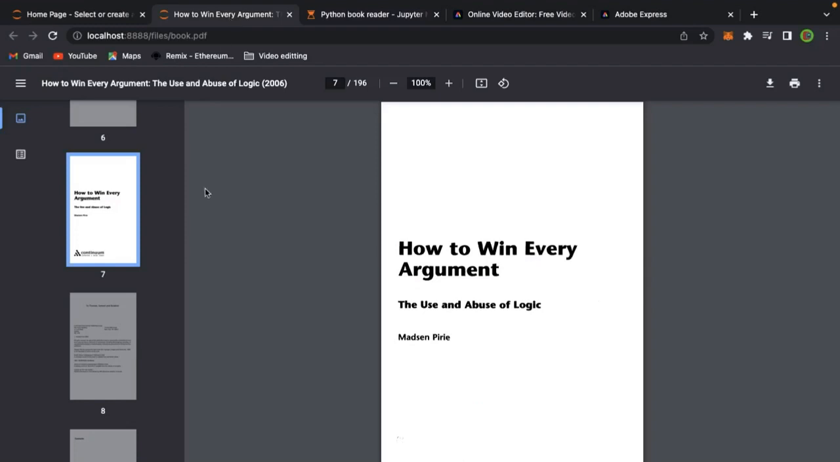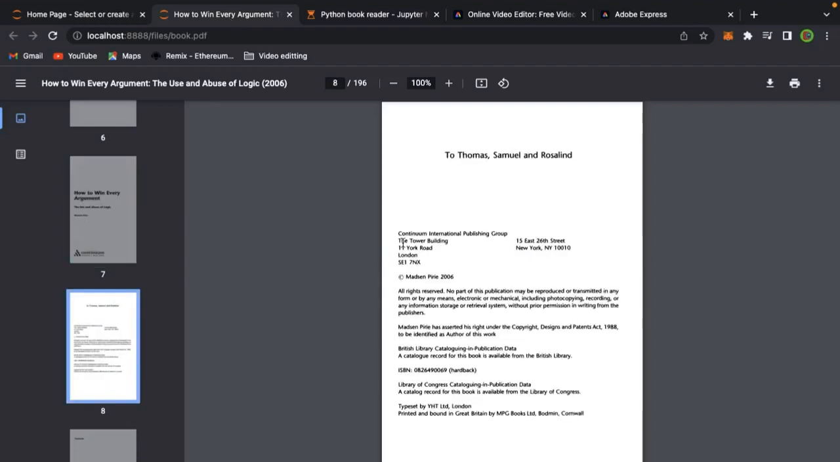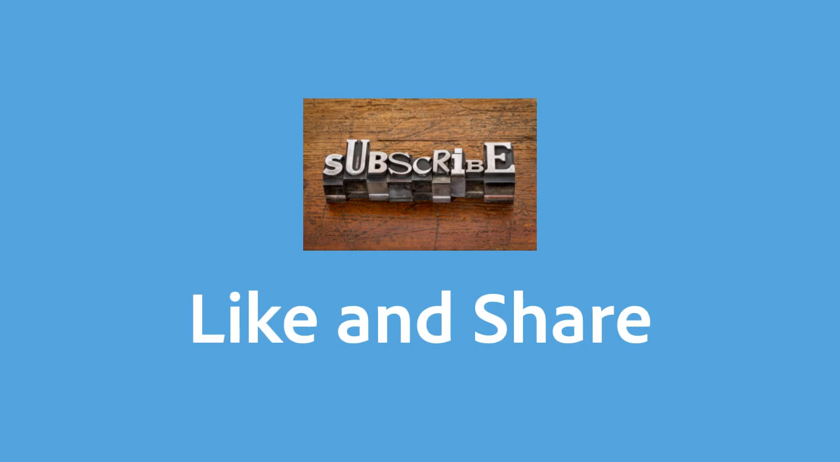To Thomas, Samuel and Rosalind. Continuum International Publishing Group, The Tower Building, 11 York Road, London SE1 7NX, 15 East 26th Street, New York, NY 10010. Copyright Madsen Pirie 2006. All rights reserved. No part of this publication may be reproduced or transmitted in any form or by any means, electronic or mechanical, including photocopying, recording, or